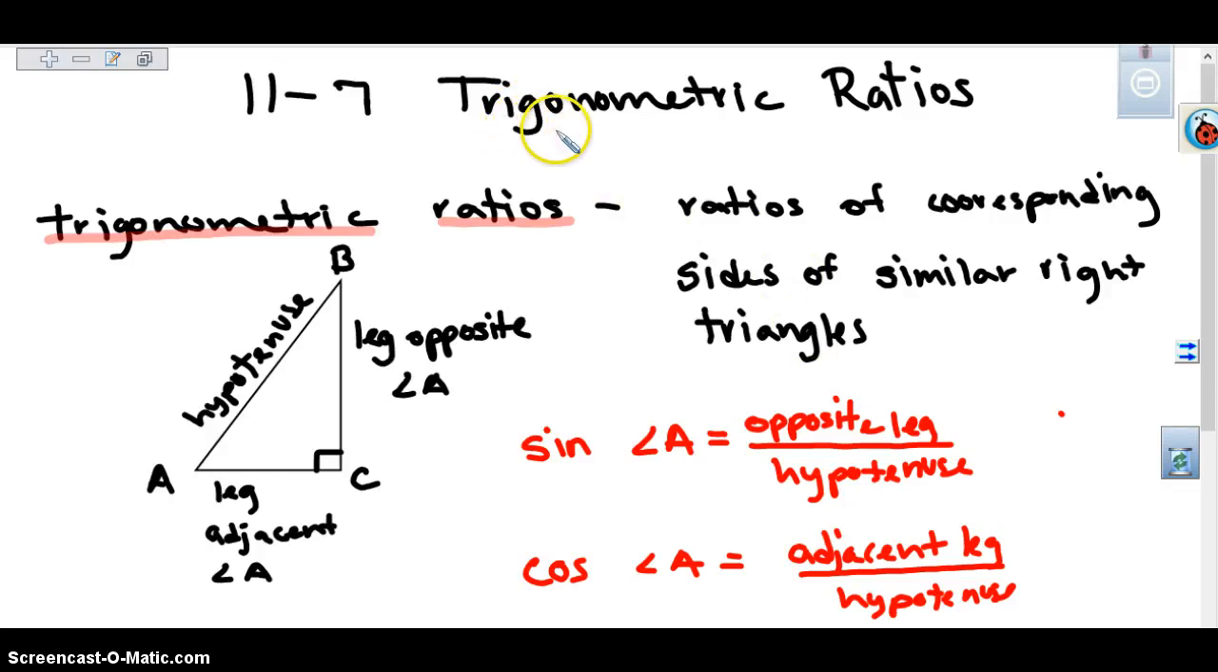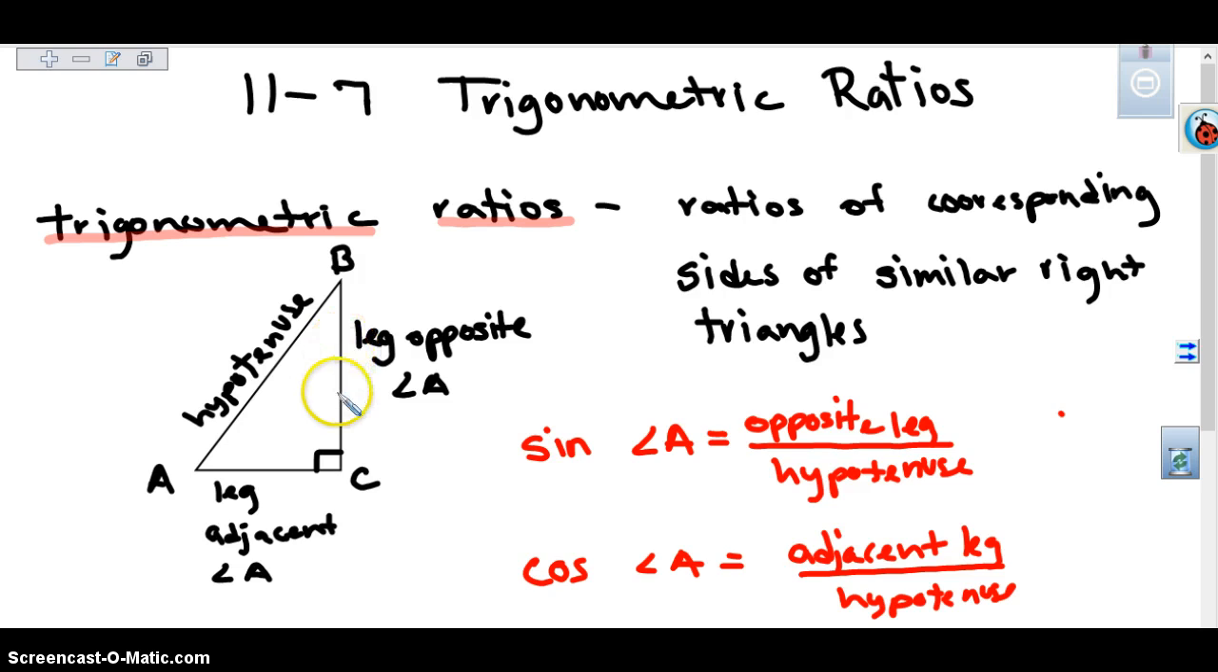Today we're talking about trigonometric ratios. Trigonometric ratios are the ratios of corresponding sides of similar triangles. We can see a right triangle here, A, B, C. If we look at angle A,